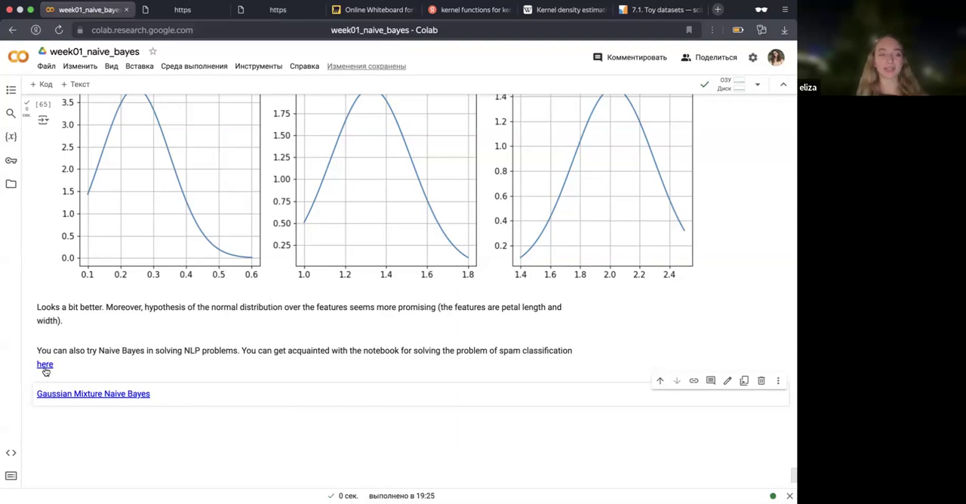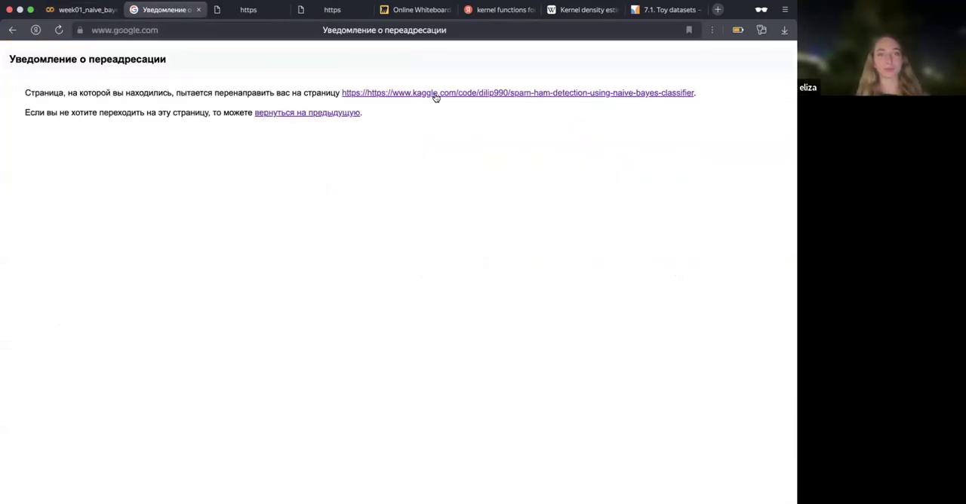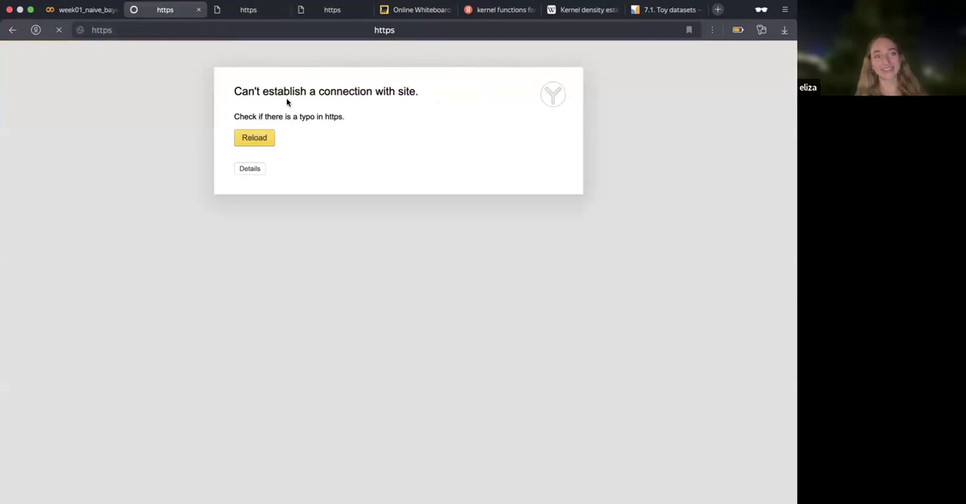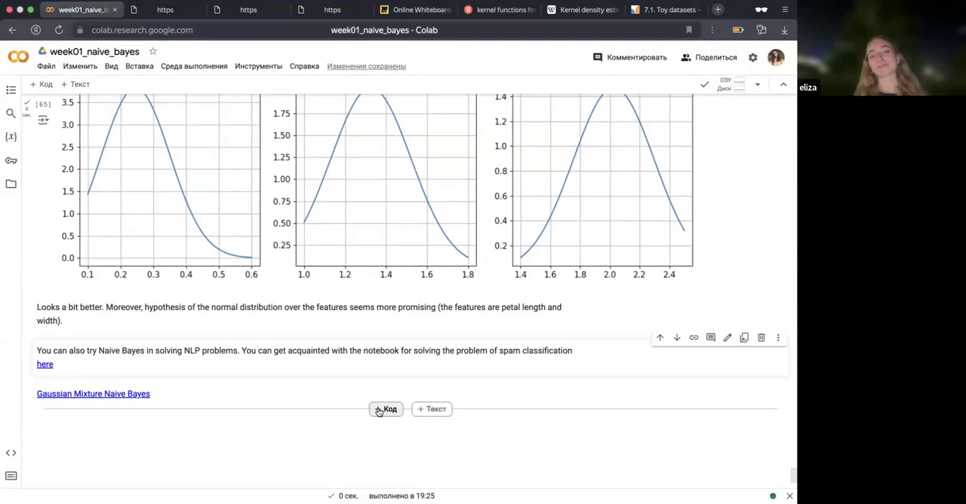And here I'm not sure that it will be. I don't know why it doesn't work, but I'll fix it. I sent your notebook with links on Kaggle notebooks, and